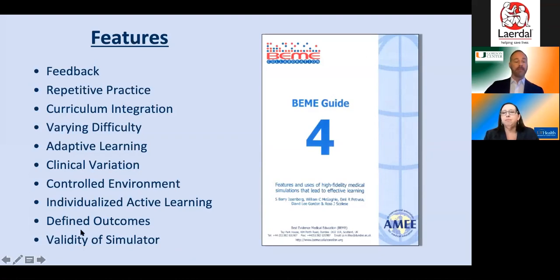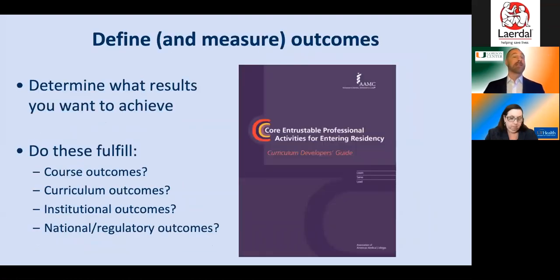Starting at the bottom, validity of the simulator here referred to the face validity, how realistic it was. And as I mentioned, Harvey, probably more than any other simulator in this domain, can simulate a wealth of cardiac and pulmonary findings very, very realistically. But then ticking up, I'm going to kind of work backwards up this list. This is not in order of importance, but the order and frequency with which these were cited explicitly in the articles that we included in our review. It doesn't mean that they are not as important just because they're lower on the list.